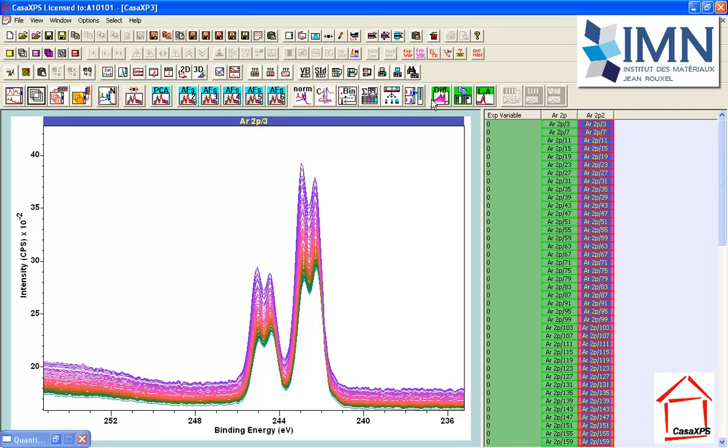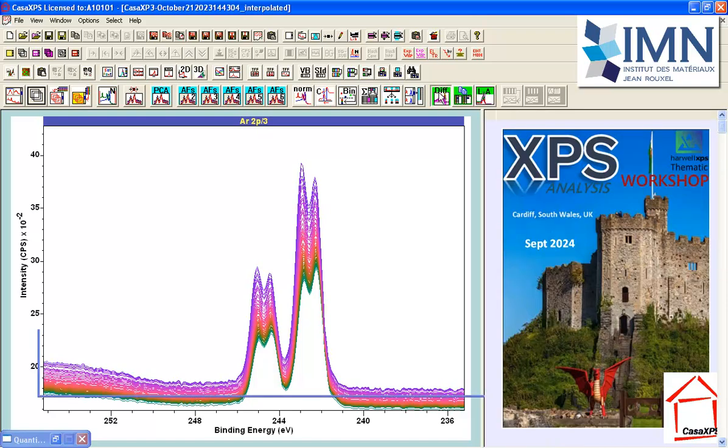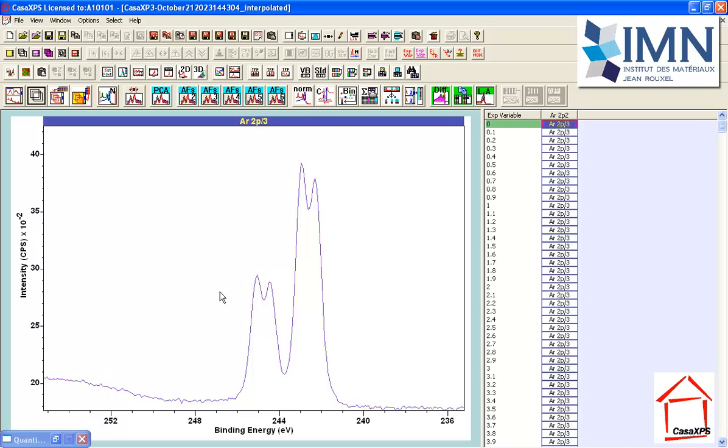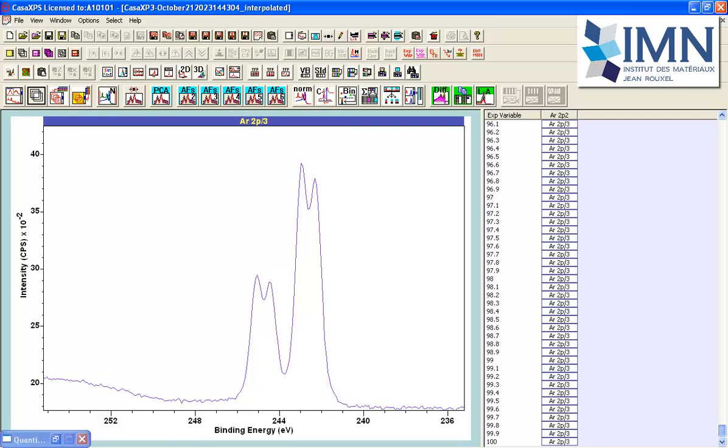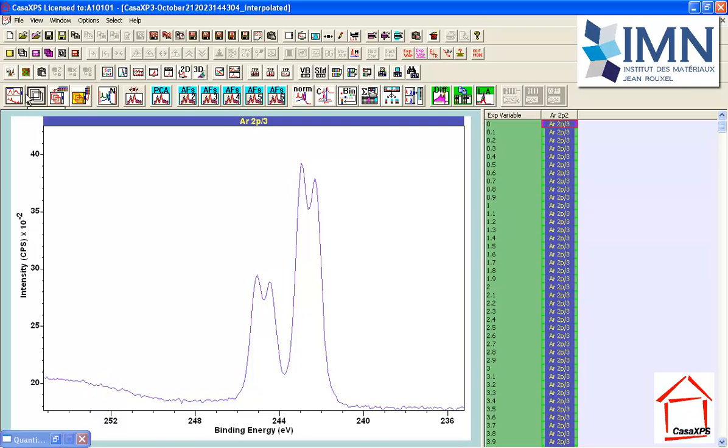So I'm interested in how the spectral forms change over the course of this experiment. And I can do this by looking at different spectra. If I have all of these data overlaid, I'm going to take the first and the last in the list of these data and subtract one from the other when I apply this button diff. So I press the toolbar button and it creates a new experiment frame. The list will contain the first one with experimental variable 0. That is the original spectrum at the top of the previous list, and at the bottom this is the original spectrum at the bottom of that list, and in between are different spectra that show how, if you subtract one of those spectra from the other,